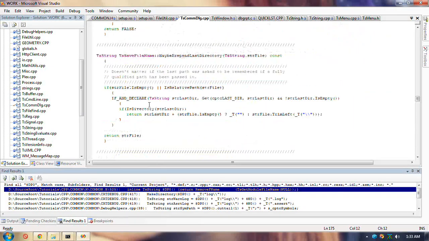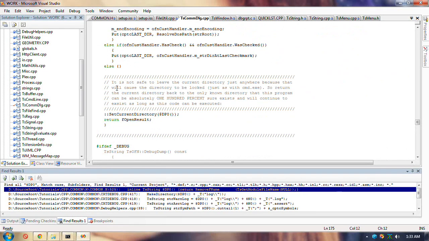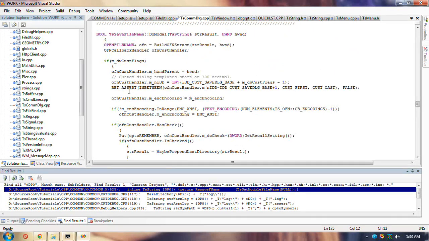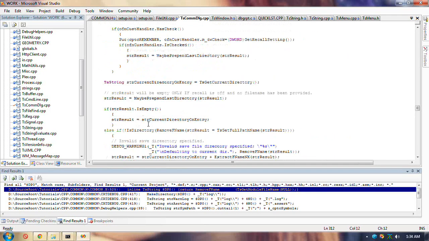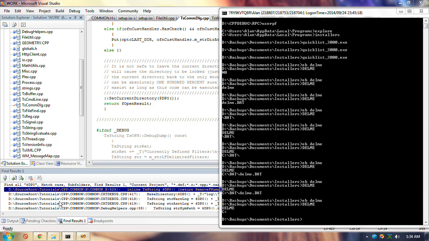Similarly, the same comment for save file. After you're done, set the current directory to a known directory that is not allowed to be touched while your program is running. So I uninstall that thing,